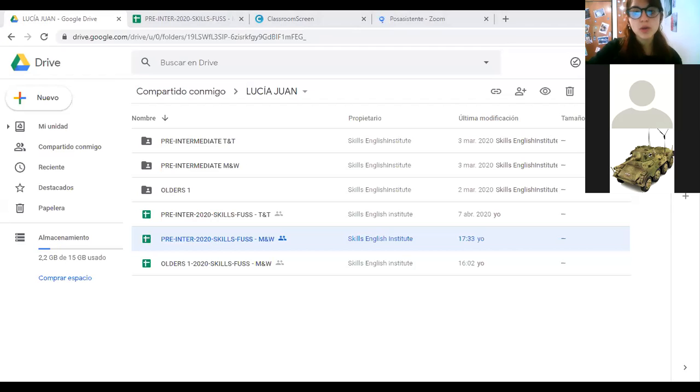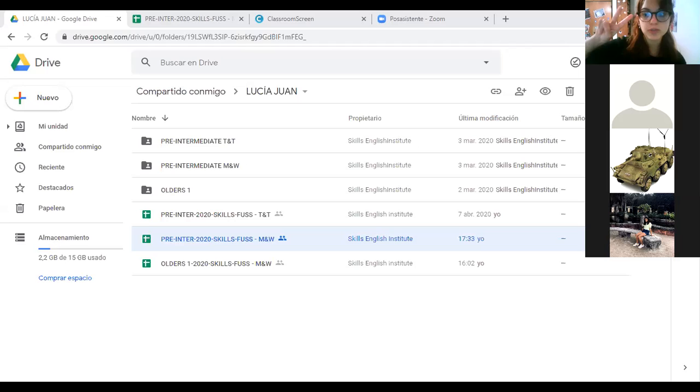So this is what we're going to be covering today. First, we're going to still keep revising articles. But today we're going to revise articles with geographical names. Do you remember articles with geographical names? Yes. We have two options. Remember? What were the two options? The and no article.